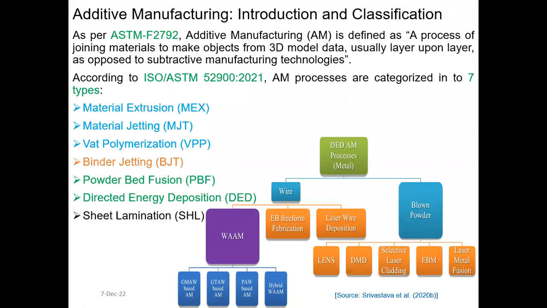First of all, what is additive manufacturing and its classification? According to ASTM F2792, additive manufacturing is defined as a process of joining material to make objects from 3D model data, usually layer upon layer, as opposed to subtractive manufacturing process. However, according to ISO ASTM 52900, additive manufacturing processes are basically categorized into 7 types: material extrusion, material jetting, vat polymerization, binder jetting, powder bed fusion processes, directed energy deposition processes, and sheet lamination process. Among all these 7 types, powder bed fusion processes and directed energy deposition processes